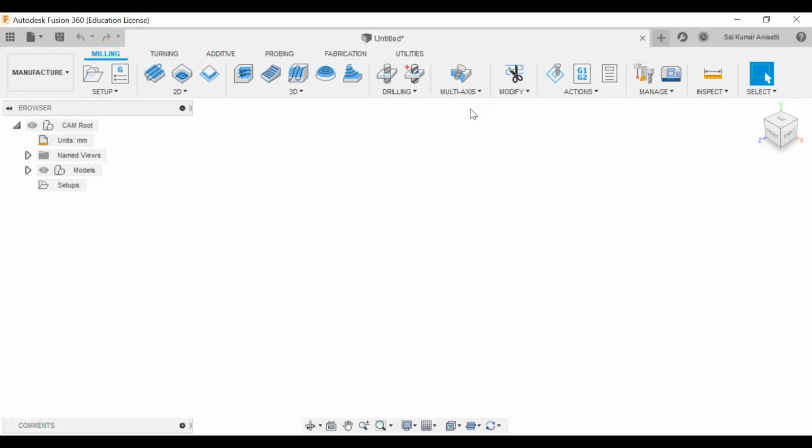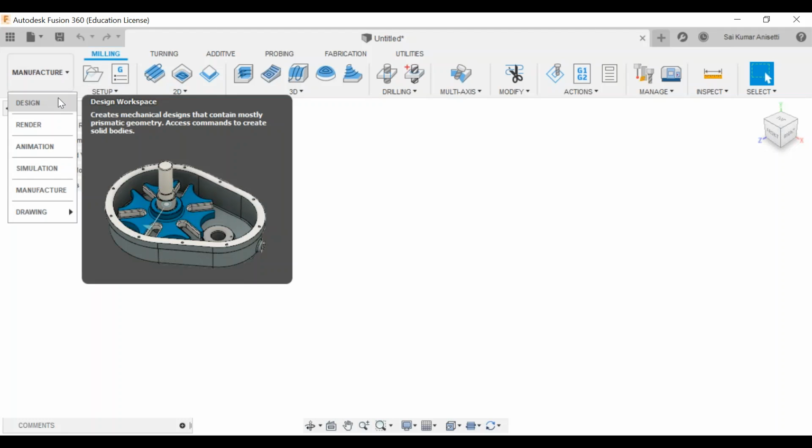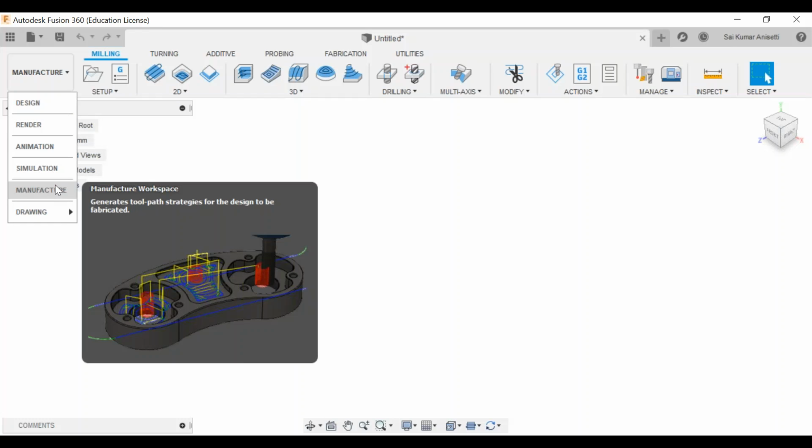Unless and until you know the subject of CAD CAM, you cannot enter into this particular manufacturing part. Okay, so in your forthcoming semester, you will be having the CAD CAM subject. After you learn this, I'll be teaching all these steps. Okay, what is NC program, CNC program and all. Okay, that is about manufacturing. You can generate an NC program and you can simulate how the manufacturing actually happens.